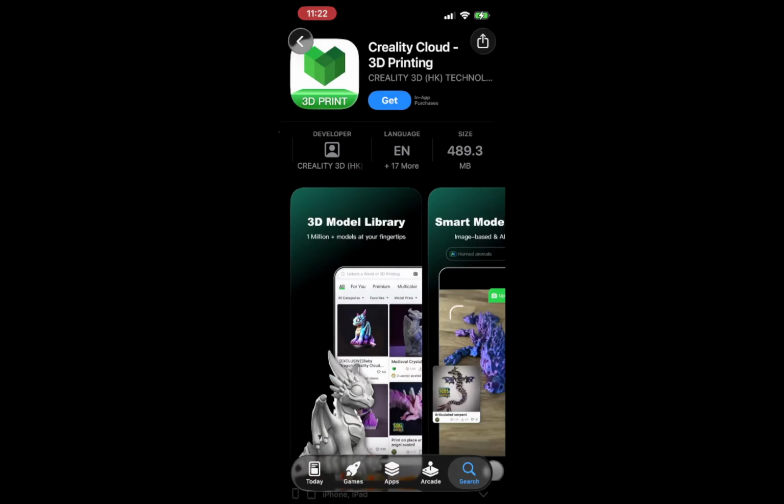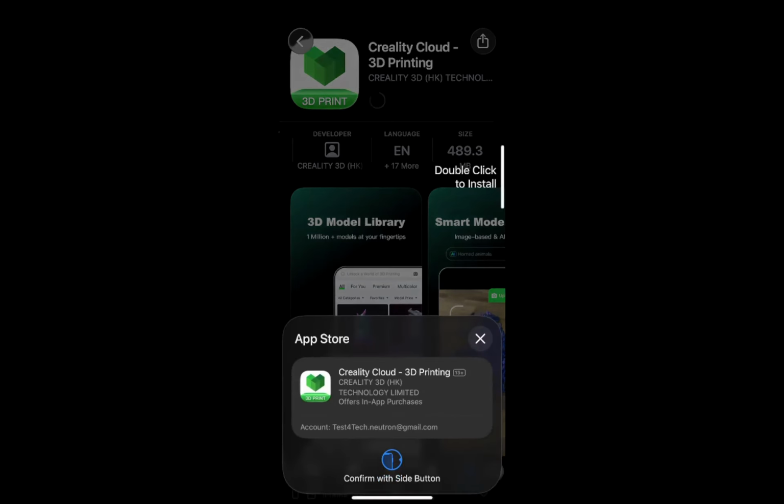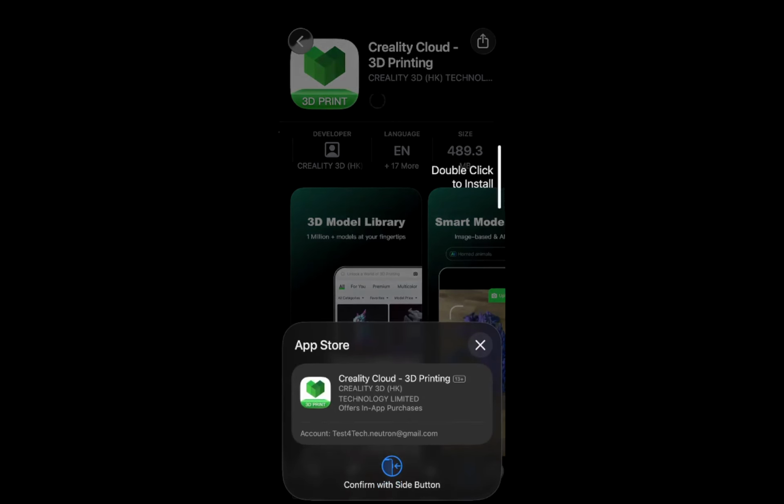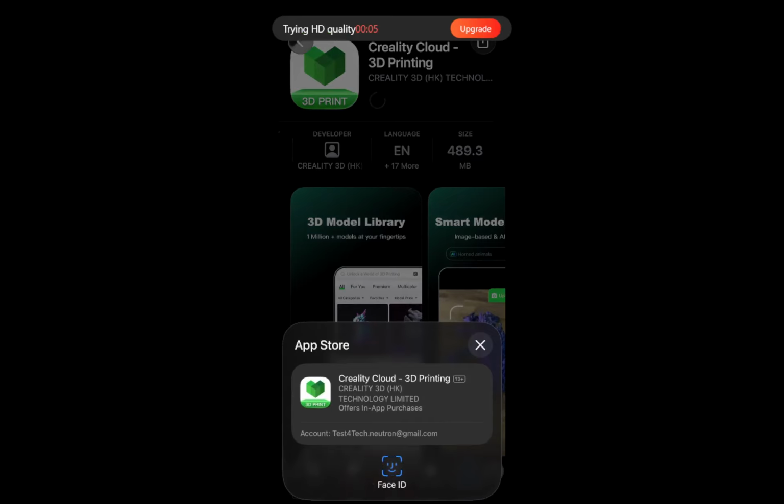After that, tap Install if you're on Android or Get if you are using an iPhone or iPad. This action initiates the download process. You will see a progress bar indicating how much of the app has been downloaded. It's a straightforward step, but very important because it gets the application onto your device, allowing you to utilize all